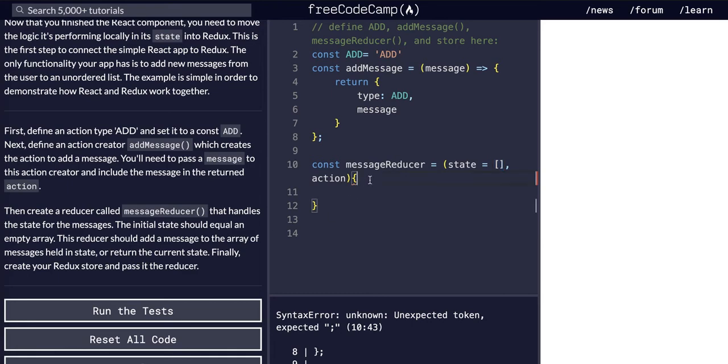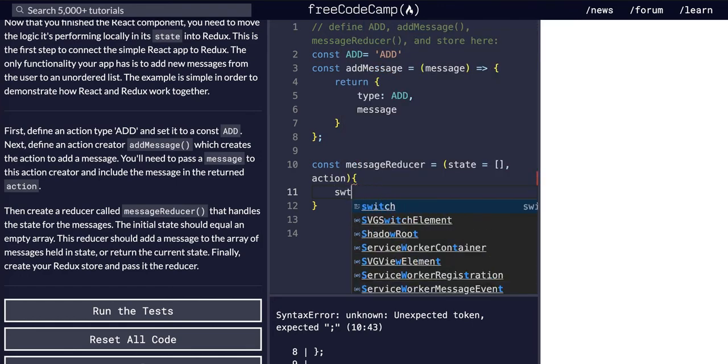Okay, so first of all do this. Add a message to the array of messages held in state, or return the current state. So there are two conditions here. We need to add a message or return the current state. If you want to use if statements, you can, but I'm going to use switch statements because I love them. Alright, so I'll say switch